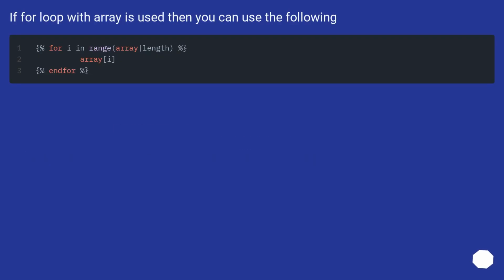If a for loop with an array is used, then you can use the following. If you want to see one,